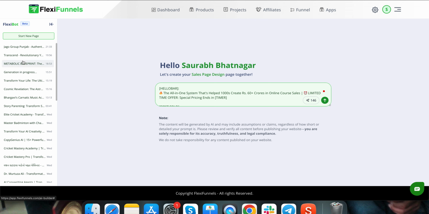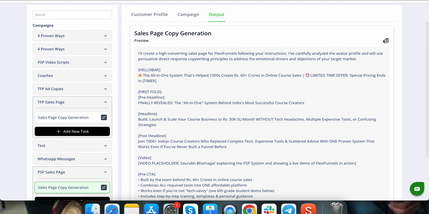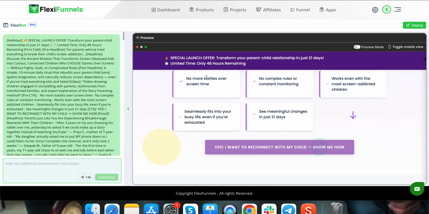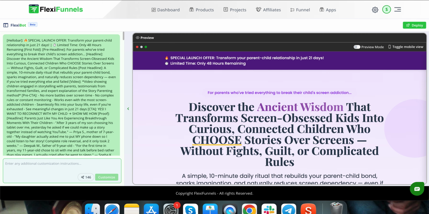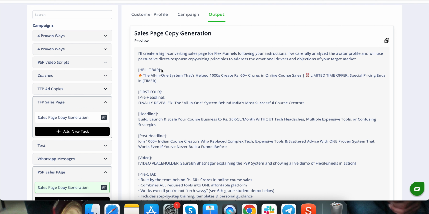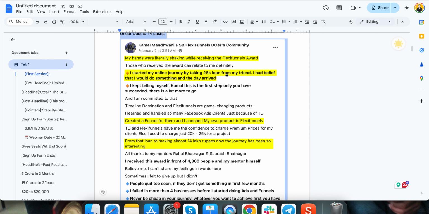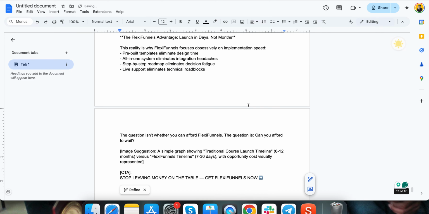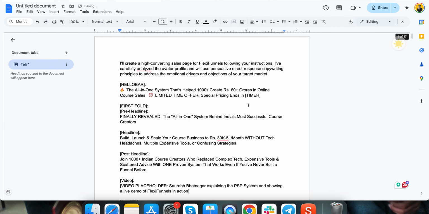I already showed you one of the designs. I just copied the content that I had received from the AI marketing engine, shared it over here, and it designed the full page. So you can just use the AI marketing engine. If you see, it is already putting these markers. We have created the AI marketing engine in a way that it is already putting these markers. So copy this, go to the Google Doc. Instead of starting from scratch, use the AI marketing engine to create your copy.